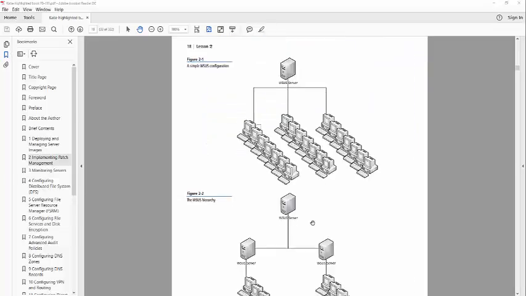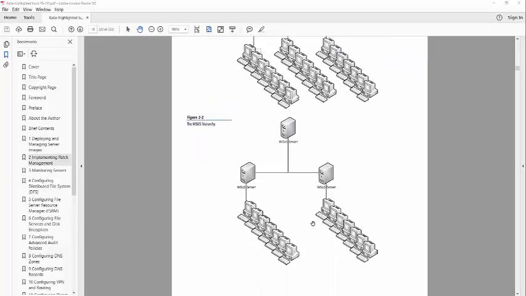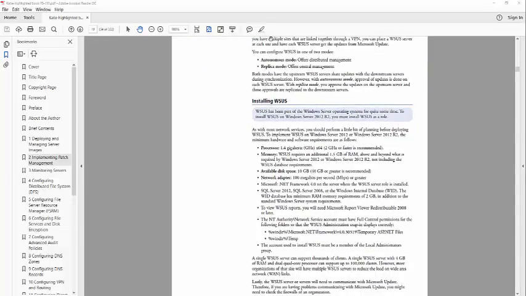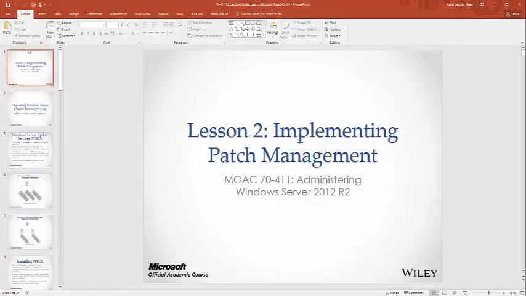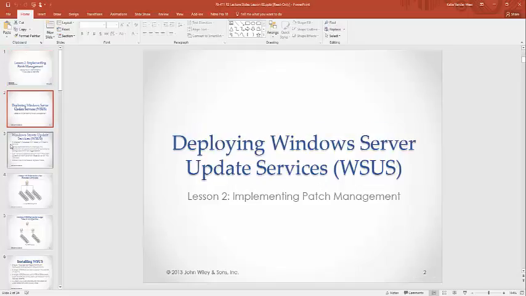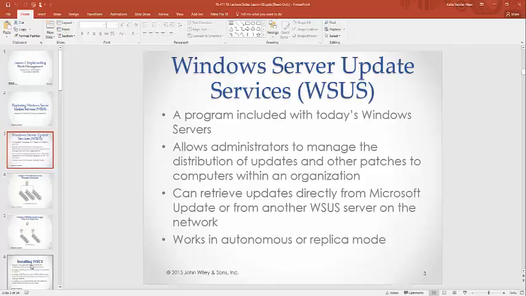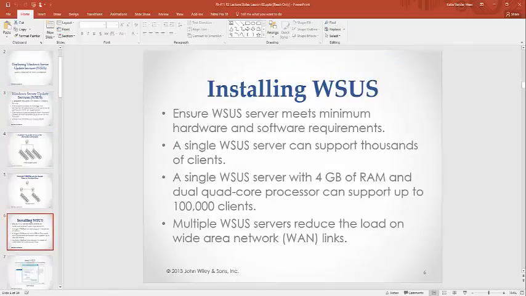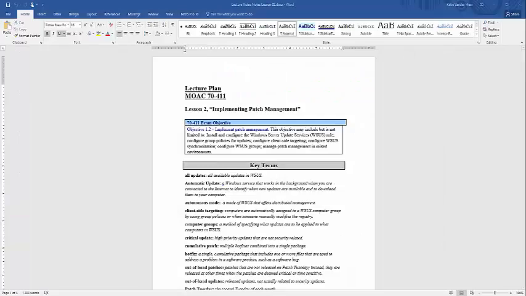So you'll read through the chapter. Instead of going through that, I'm going to go through the lecture notes, it'll be easier, but you also have the PowerPoint that you can go through to help you do your quiz and lab assignments. But what we're looking at here is the objective of the